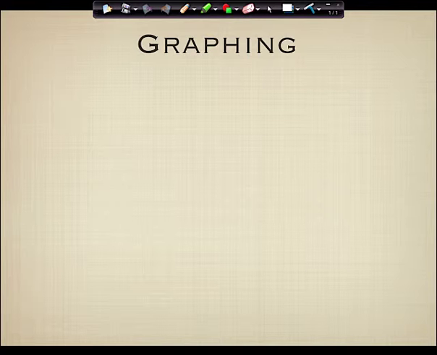So guys, what we're going to do today is this. First of all, we're going to talk about why do we even do this? Why do we waste the paper and the time to draw graphs? Then, guys, I'm going to make you an intelligent consumer of graphs. And we're going to talk about what are the different types of graphs you have at your disposal and when will you intelligently employ those types.